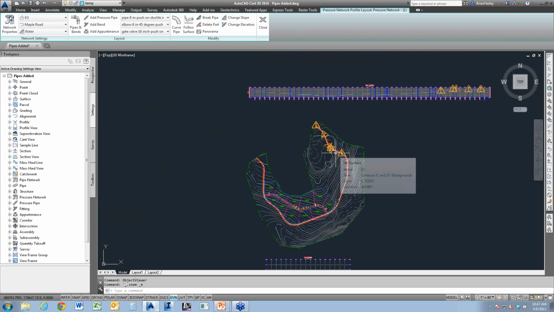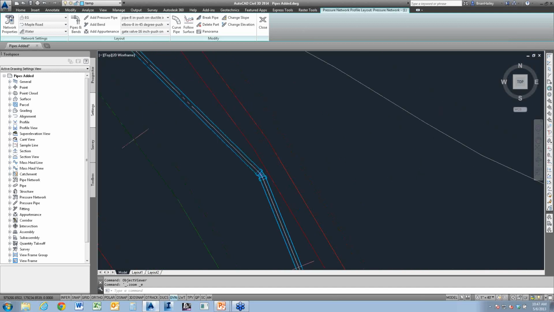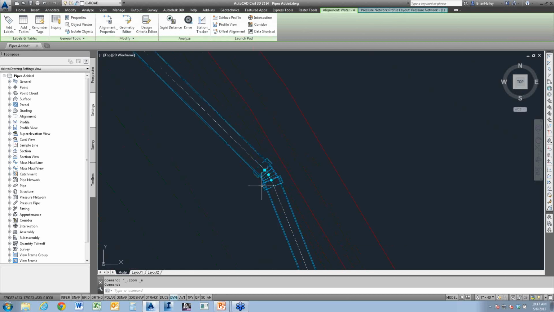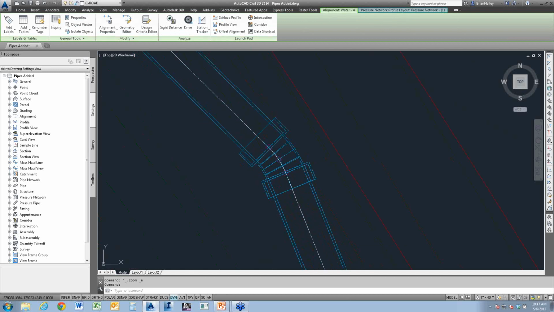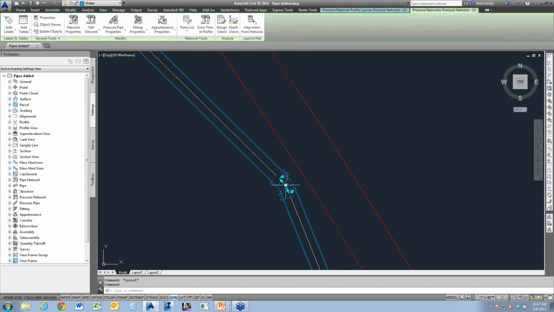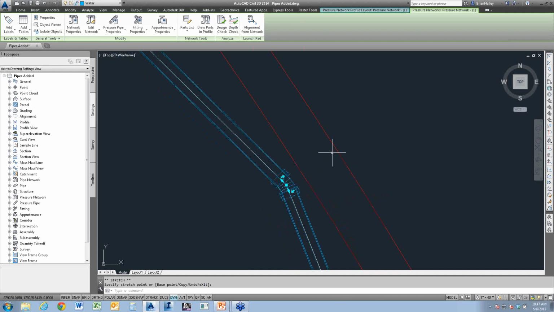And so that's pressure networks. One thing I did want to point out here real quick. I forgot to mention this. I was going to show this off earlier. As you can see, I've got my alignment through here. As it goes through the fitting, it actually puts a curve through the fitting where the fitting curves. If I decide to make a change to my design, so this fitting, it didn't quite work well here. If I go ahead and change the location of the fitting, what you'll notice is the alignment goes along for the ride. So as I make changes to my design, the alignment will continue to follow along those pipes.